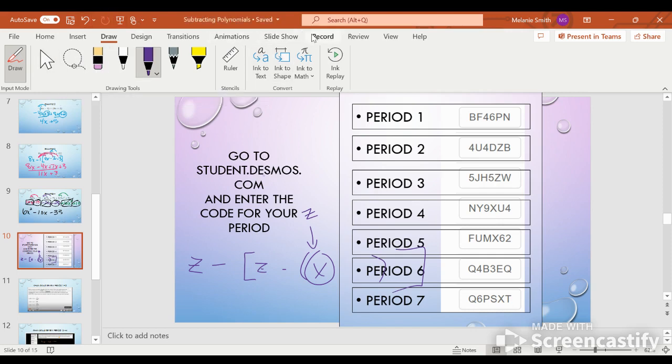Okay, so these are some great examples to work on that will give you some practice with subtracting. It will reinforce your skills with addition of polynomials. It will also help